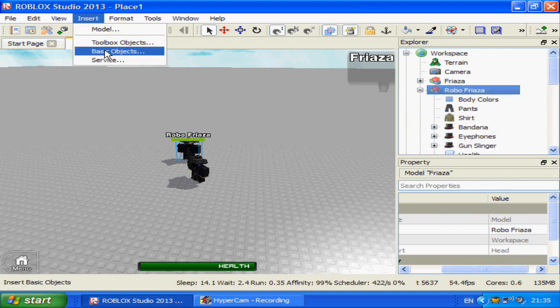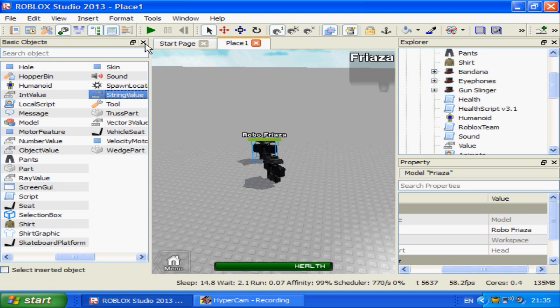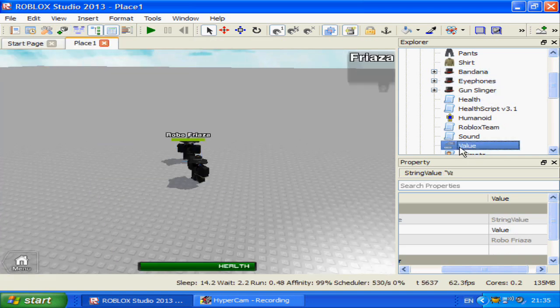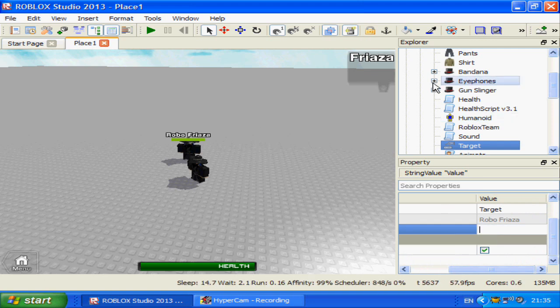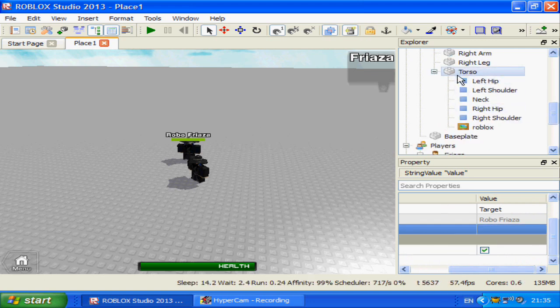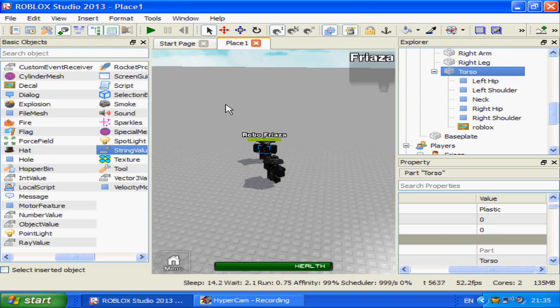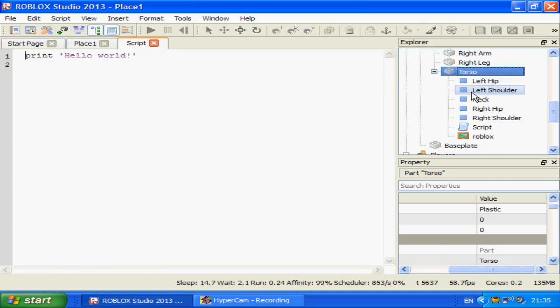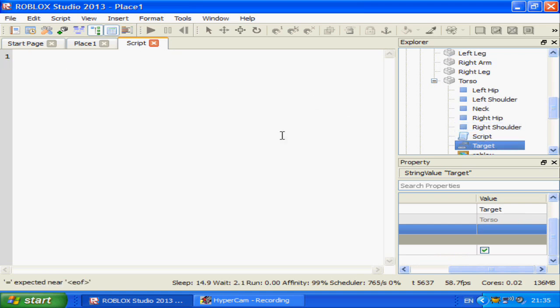and I am going to insert basic objects, and I'm going to insert a string value into the Friaza, and I'll name it target. The target's value will be nothing right now, but it will have a value soon. And inside the torso I'm going to insert a script. Insert basic object script, and I'm actually going to move that target into the torso just for convenience. Target equals script.Parent.Target,